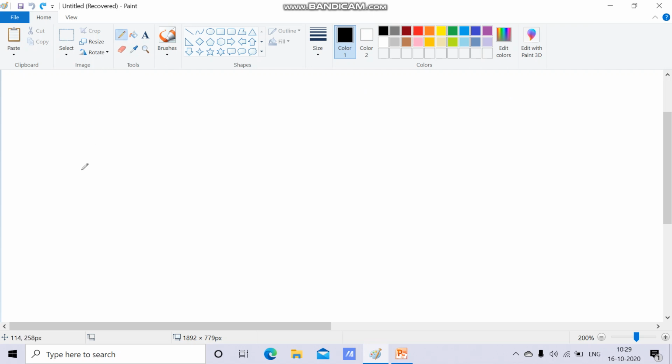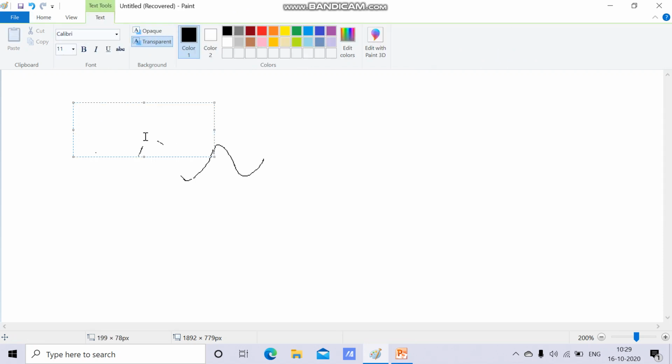You can select it and draw anything. And this is the eraser. If you want to erase something, you can erase it with the help of eraser. This is the text tool. With the help of this, you can type anything which you want to type in this.